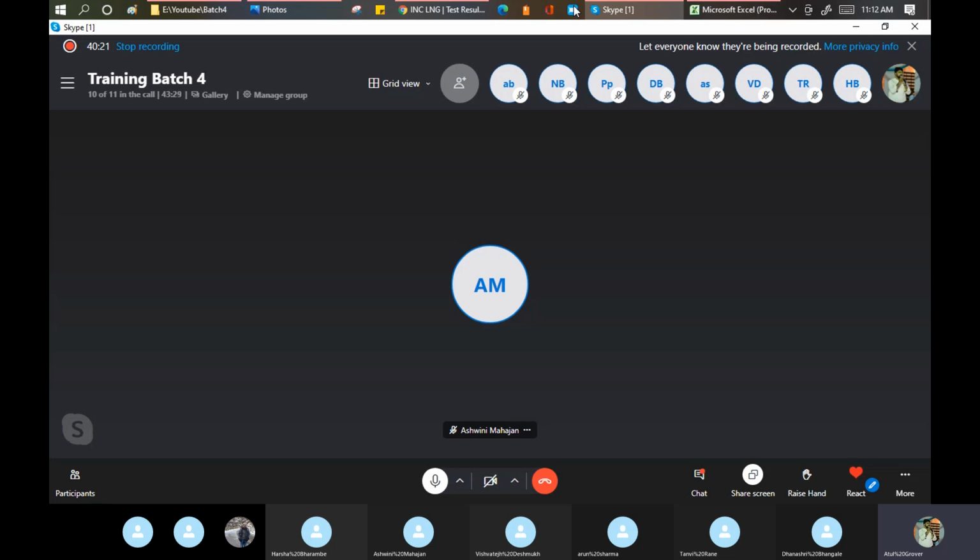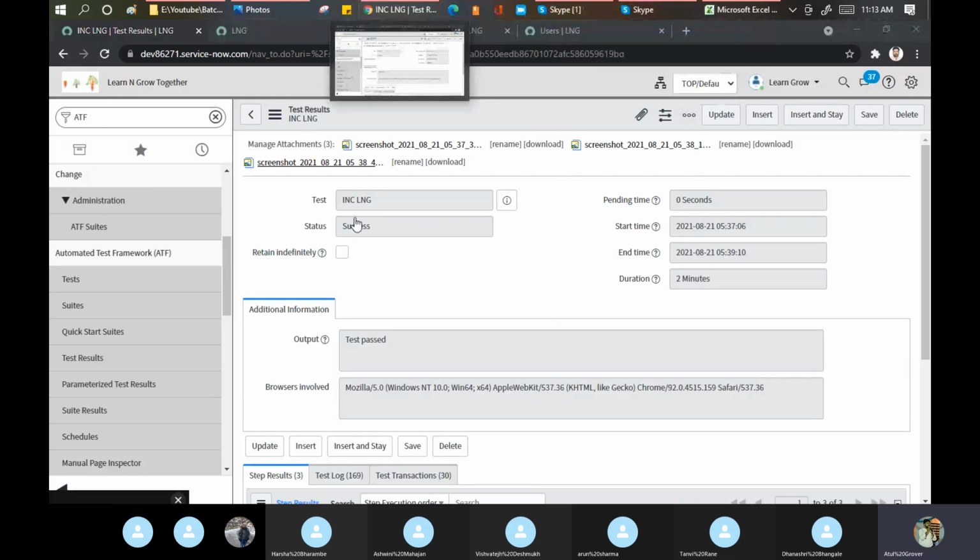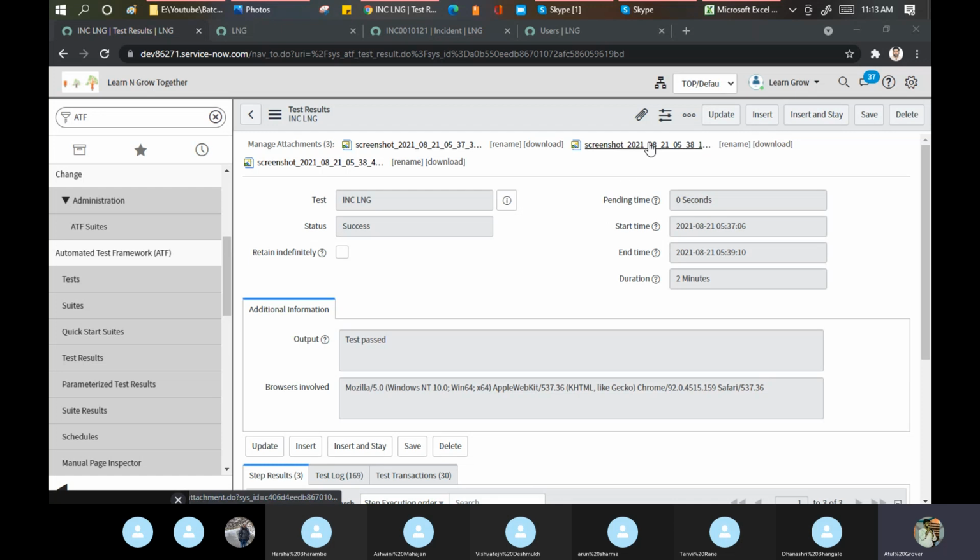If you are a tester, never ever believe anything other than the screenshots. If you have a screenshot, you can prove, yes, see, this test case was done successfully. Now, if I did not have a screenshot, can you believe me? Atul, you are experienced with just making us fool here. It is not working as expected. But now I have a screenshot. I can show you that, see, this test case was executed 100% successfully. If a developer makes any changes and due to that my test case fails, then I can show, see, earlier it was working. You made some changes. It is not working now.